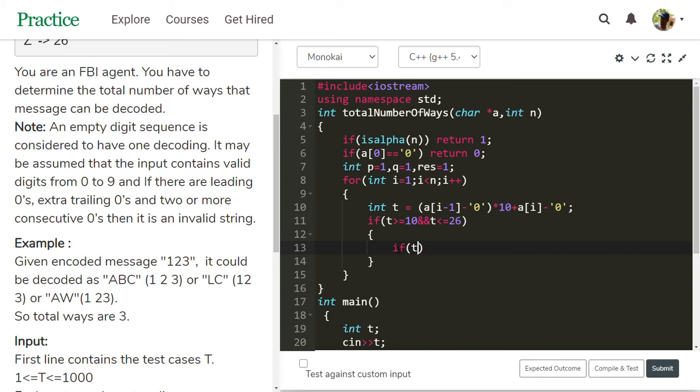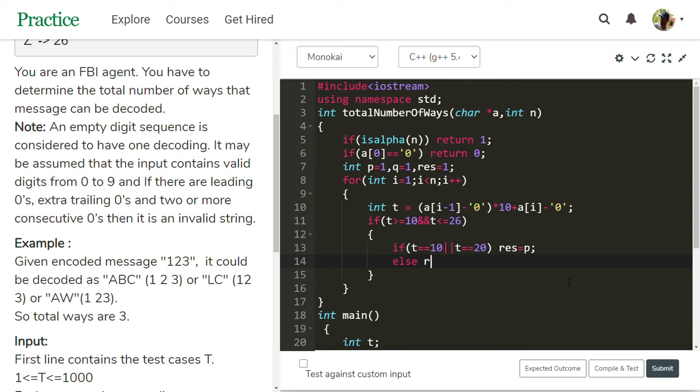So if t equal to 10 or t equal to 20, in both cases the result stores the previous of previous result, nothing but that is p.